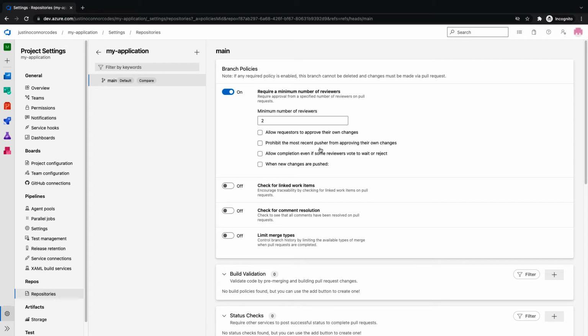You want to generally not allow requesters to approve their own changes. That prevents any individual actor from pushing code to master that could become a candidate for promotion to production. Prohibit the most recent pusher from approving their own changes. That's a great setting, right? In general, when you're working with teams, because you don't want that person to, even if they didn't initialize this repository or push this branch, you don't want them to be able to approve the code if they made the